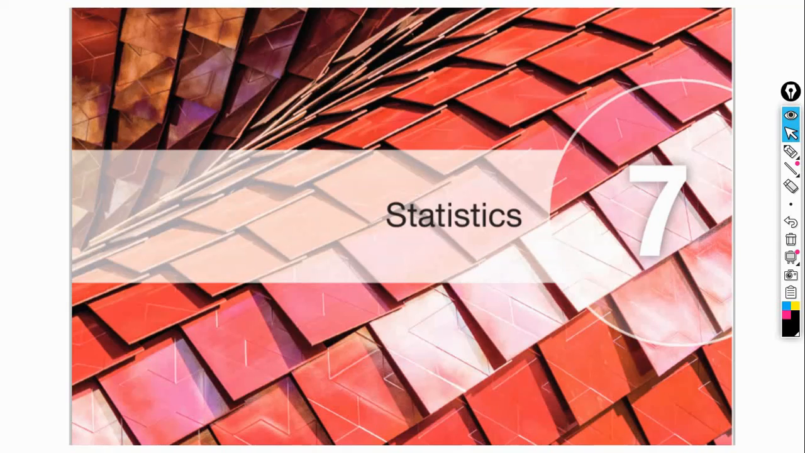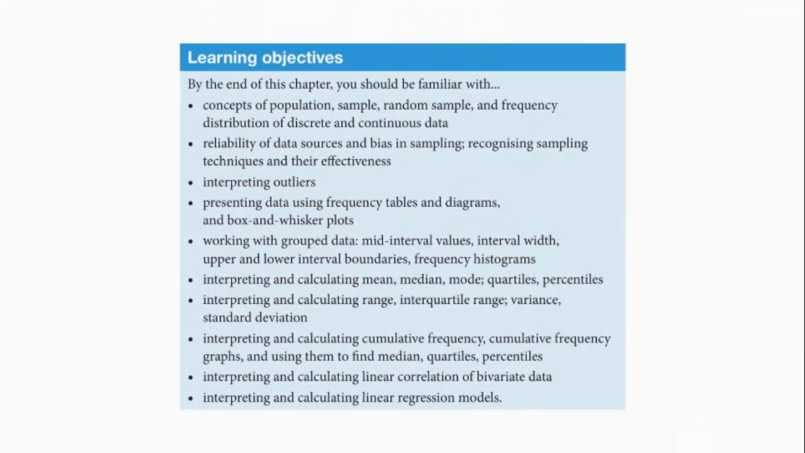Hello everybody. So in this video we're going to begin with Chapter 7, Statistics. And these are the learning objectives of this chapter. So by the end of this chapter, you should be familiar with the following: concepts of population, sample, random sample, and frequency distribution of discrete and continuous data,